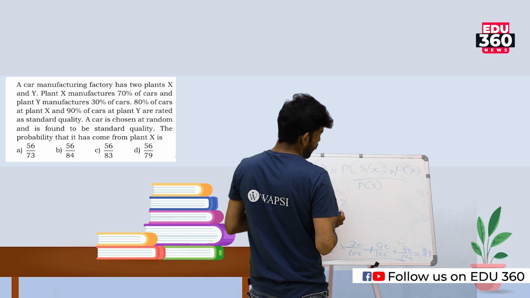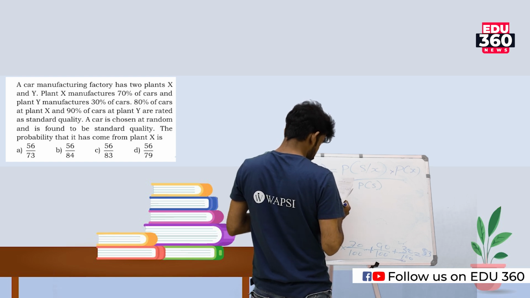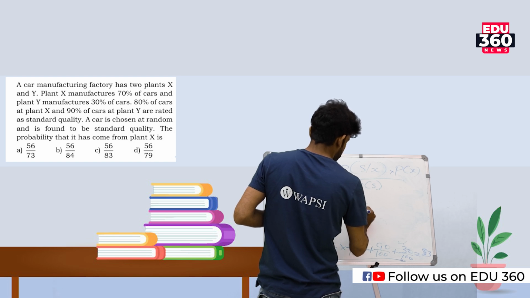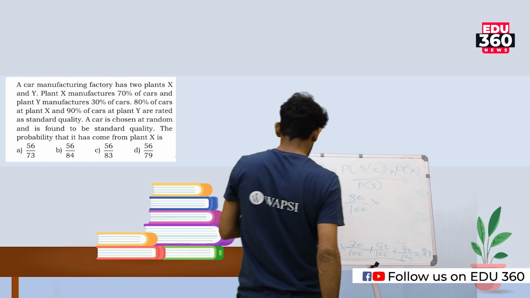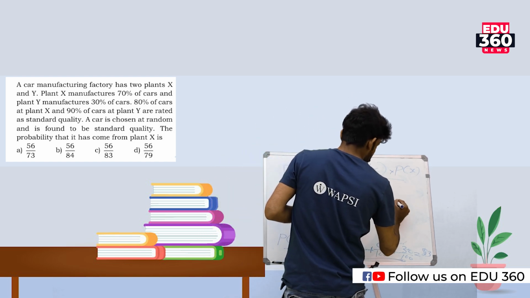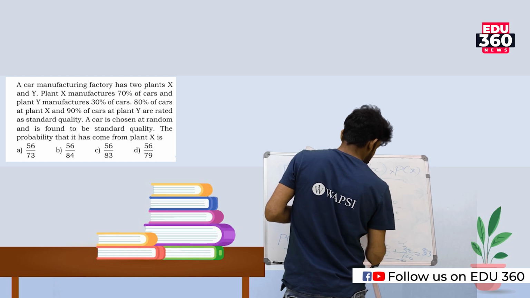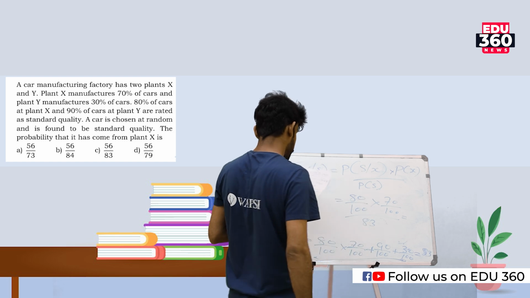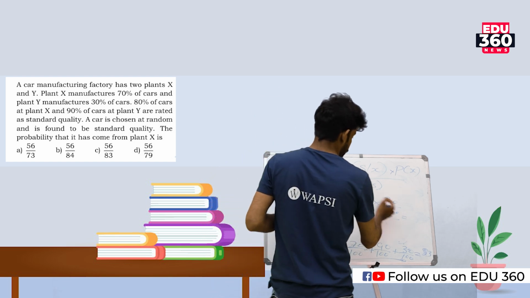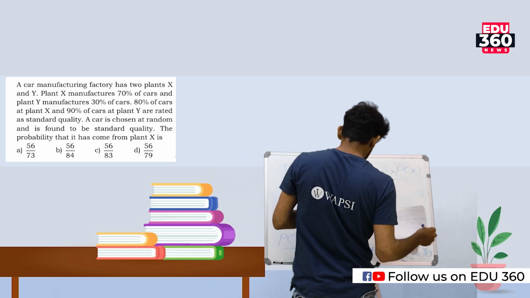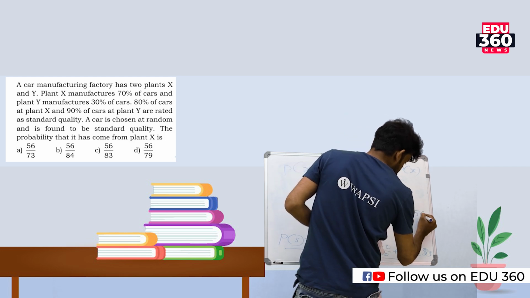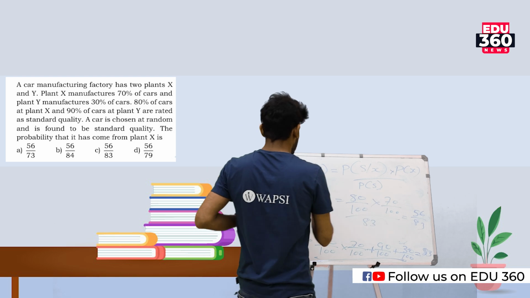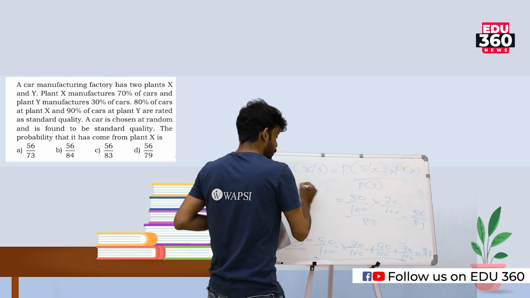So S by X, S by X. So S by X, that is 80 by 100 into P of X, 17 by 100 divided by 83. So that is equal to, yes, so that is 56 by 56, we will get 56 by 83, because here 18 into 17, 5600 divided by